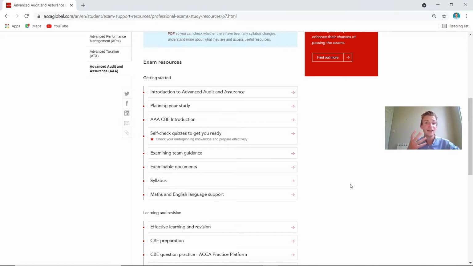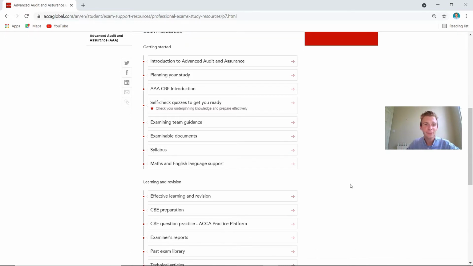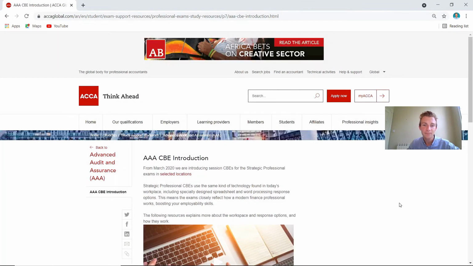For me, I didn't work in Audit and Assurance really at all before I did this exam. I thought, oh, maybe in the future I'll go and work in audit. We shall see. That's what I wanted to do it for, just in case I moved practices. But it was a case of I needed at least 3 months to go through it, and then I failed the exam, so I needed a few other months after that as well. So it's completely up to you, but it really comes down to the question practice and getting your answer clear and concise, as we saw in the recent PDF. That is one of the key things here.